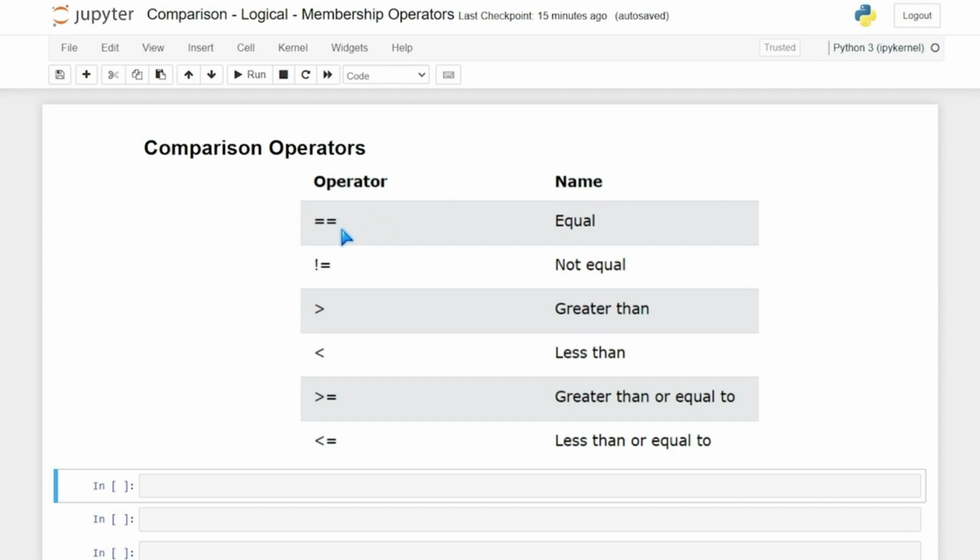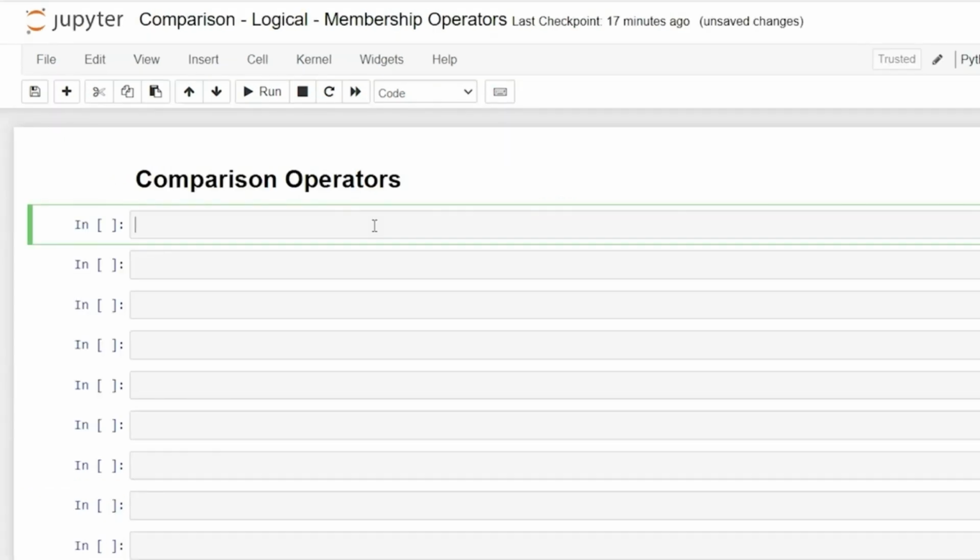So this equal sign stands for equal. We have the does not equal, the greater than, less than, greater than or equal to, and less than or equal to. And honestly, I use these almost every single time I use Python, so these are very important to know and know how to use. So let's get rid of that really quickly and actually start writing it out